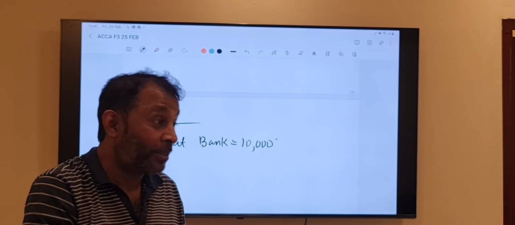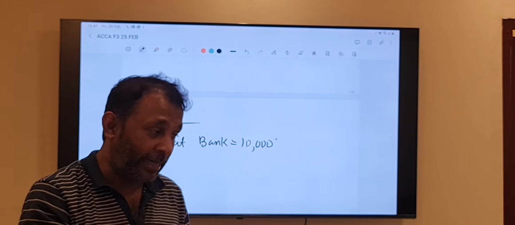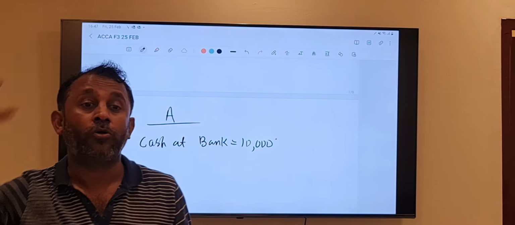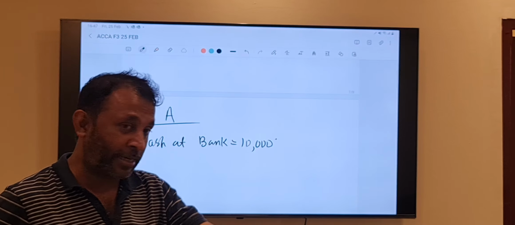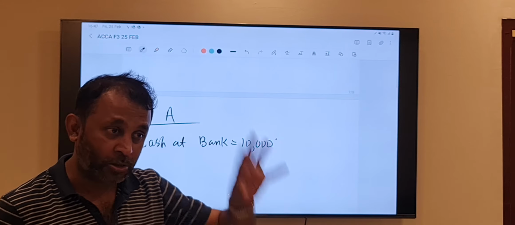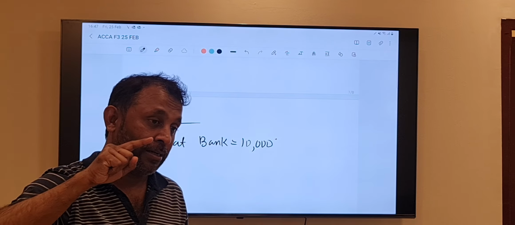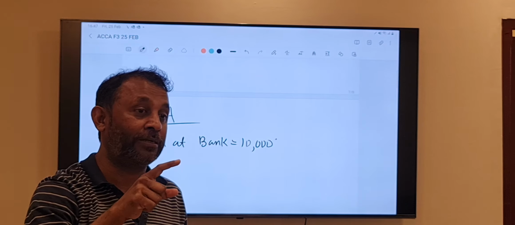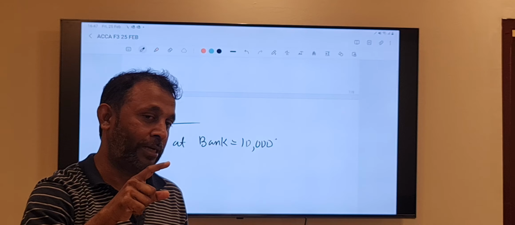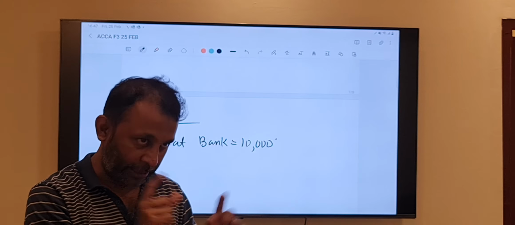So first you need to understand the nature of the business, then you need to decide whether this is inventory or not. Now Mr. A is into which business? Buying and selling vegetables. So he purchased vegetables from one of his friends. So that must be inventory. Another word for inventory is stock. Inventory, stock, both have the same meaning.